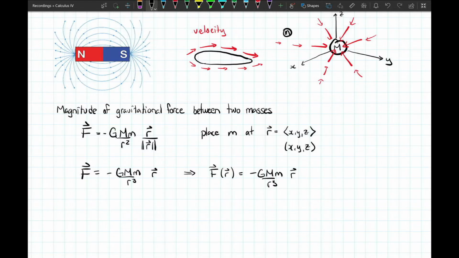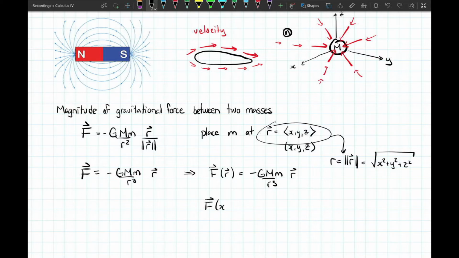Now, if you want to think about this as being more conventional in terms of x, y, and z components, then of course, that's not too hard to do. We've got r being the vector x, y, z, and that means we can calculate the magnitude of r. If we wanted to write the gravitational force formula in terms of x, y, and z then we can write